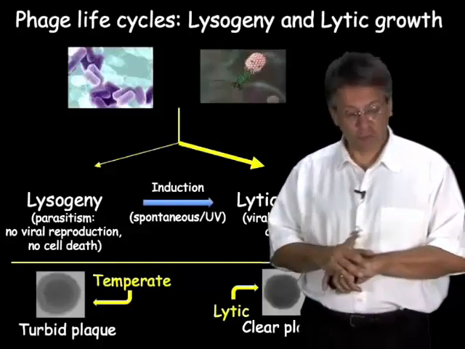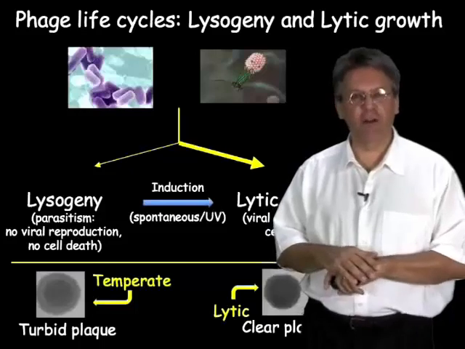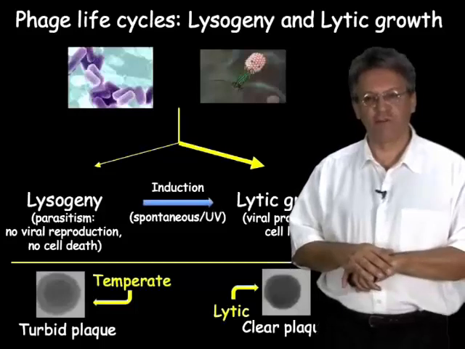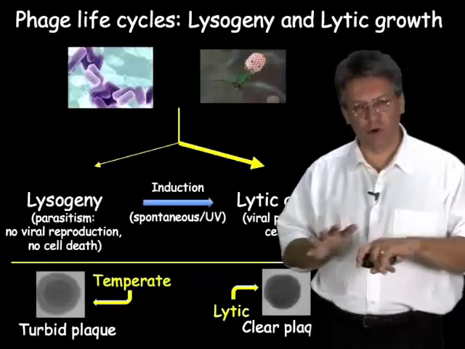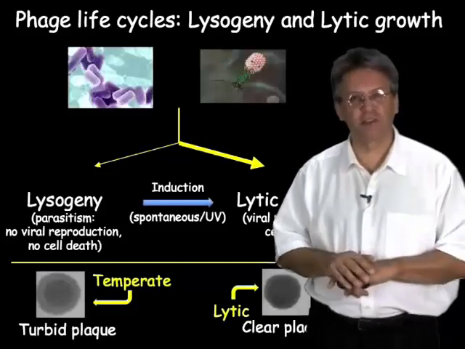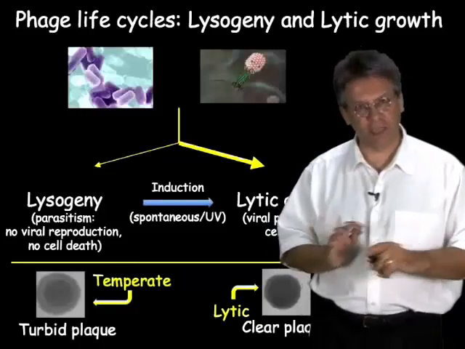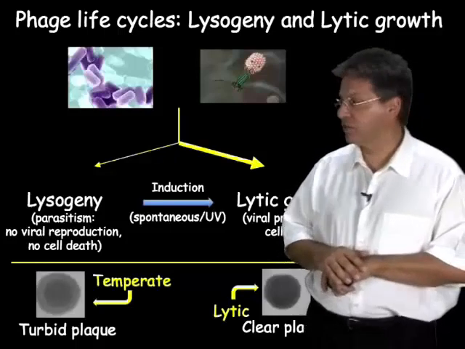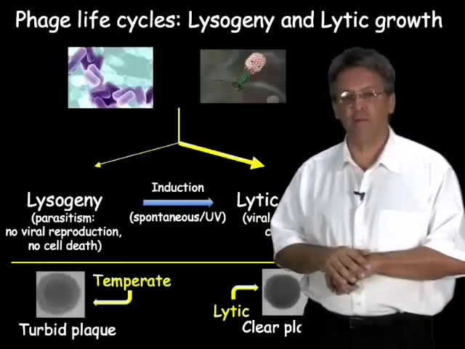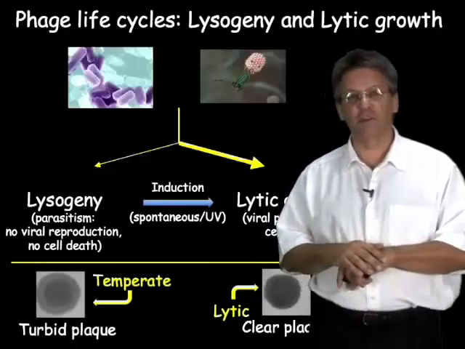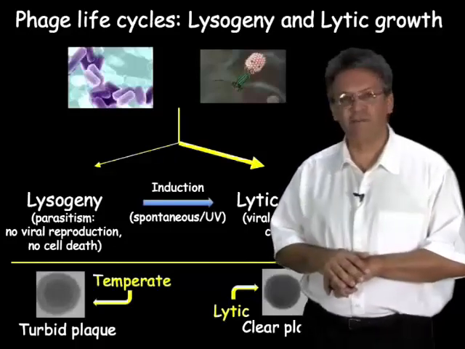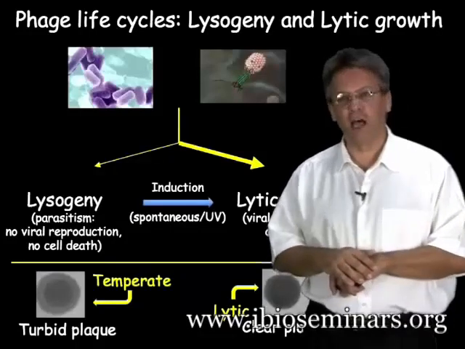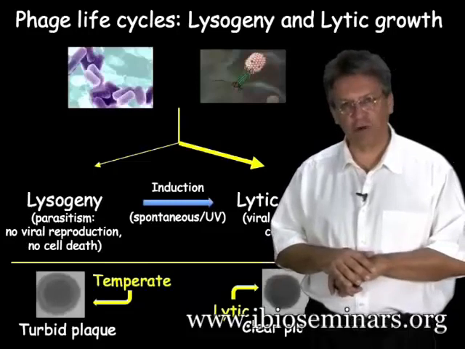And that's usually, although not always, accomplished by integration of the phage DNA into the bacterial chromosome. So the phage genome itself becomes incorporated and becomes a part of the bacterial chromosome and gets replicated just like all of the other bacterial genes do. So we can think of lysogeny as a form of parasitism, where the phage is simply going along for the ride in what is otherwise a very healthy cell. It's a free ride through many, many generations of bacterial growth.